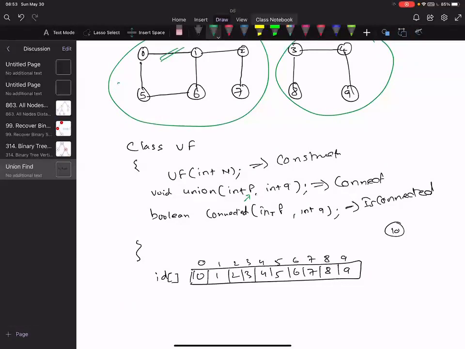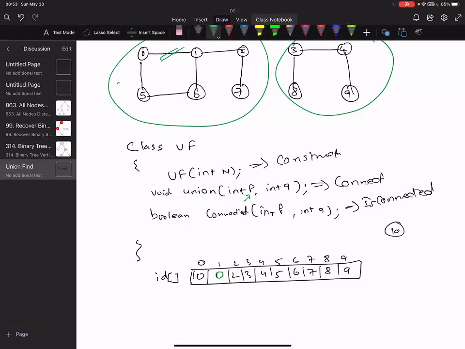So here, when I connect 0 and 1, I'm going to change this 1 to 0. Now index 0 and index 1 both have their ID as 0. That means both belong to the same group because their ID is the same, right? 0, 0. So that is how this data structure will work at the end.